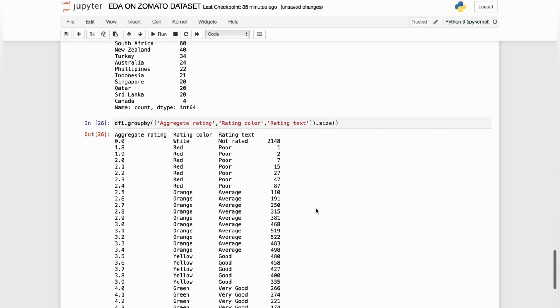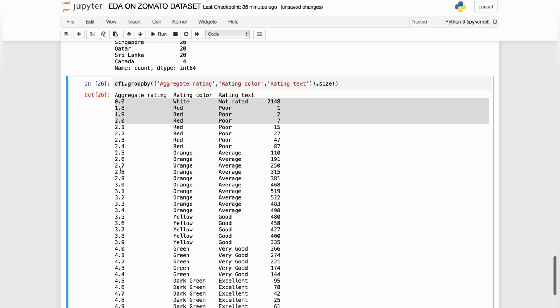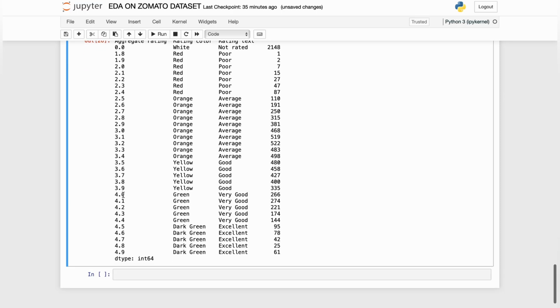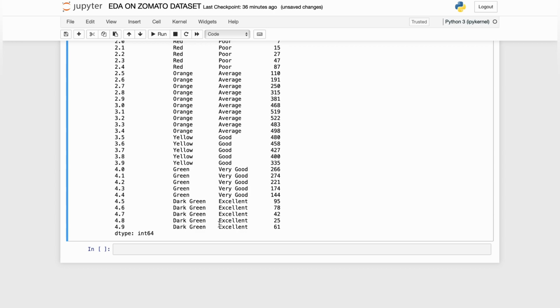Here the command is successfully executed, and we can see the aggregate rating, like 0.0, 1.8, and the maximum rating is 4.9, and on the basis of the ratings we can ascertain the colors. For example, for the maximum rating 4.9, the color will be dark green and the rating will be excellent. And here the rating score, like 2, 1, 4, 8 are not rated. These are the entries in which there is no rating. So in order to